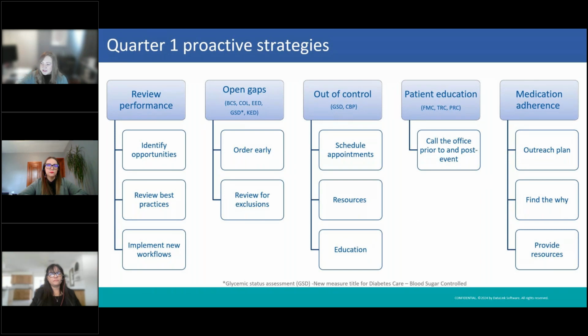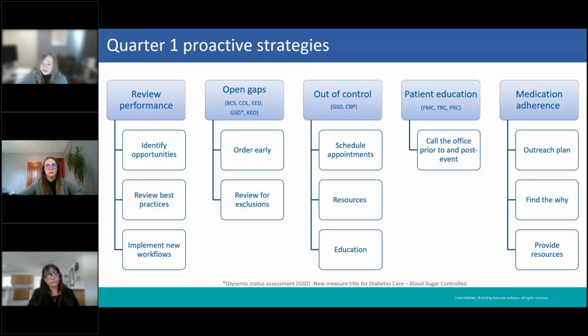As Yasti mentioned, it's often a few months into the year before we have viable data to work with for the current measurement year. But that doesn't hinder our ability to learn from our past performance and to strategize based on that. What are our areas of opportunity? Are there some providers who are performing really well in those areas that can share best practices? Through research and team-based discussions, can we generate ideas for process improvement? And then implementing workflows that will maximize our potential to reach our goals.